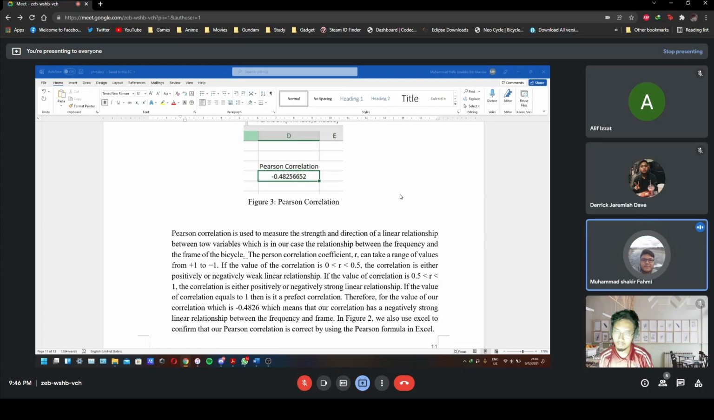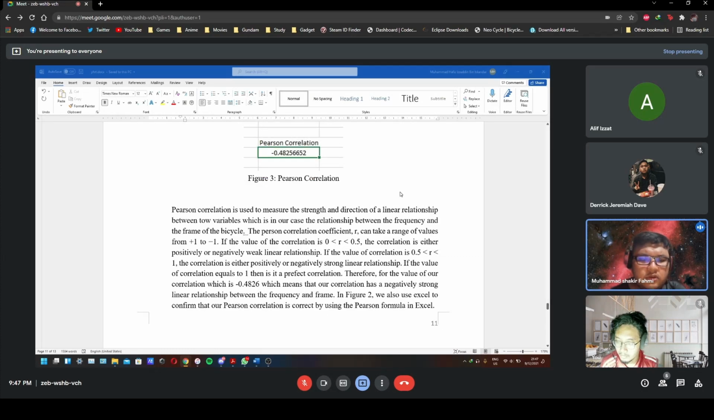The correlation is either a positively or negatively weak linear connection if the value of the correlation is between 0 and 0.5. If the correlation coefficient is 0.5 less than r less than 1, the relationship is either positively or negatively strong linear. It is a perfect correlation if the correlation value is equal to 1. As a result, our correlation value of negative 0.4826 indicates a weakly negative linear connection between